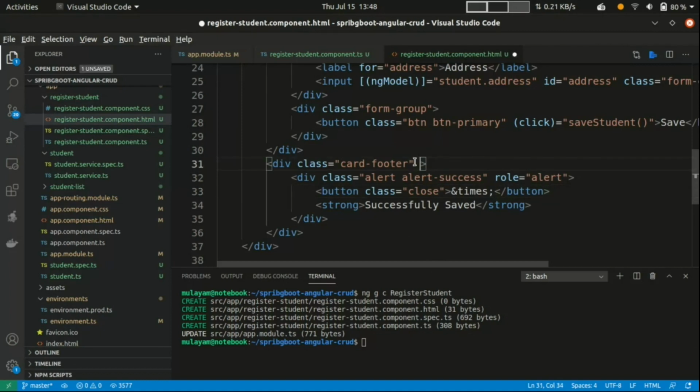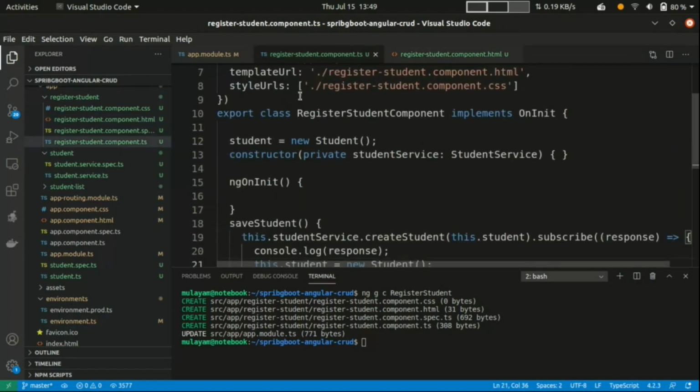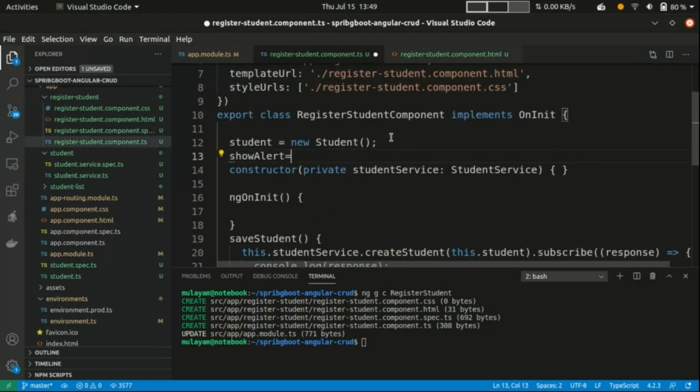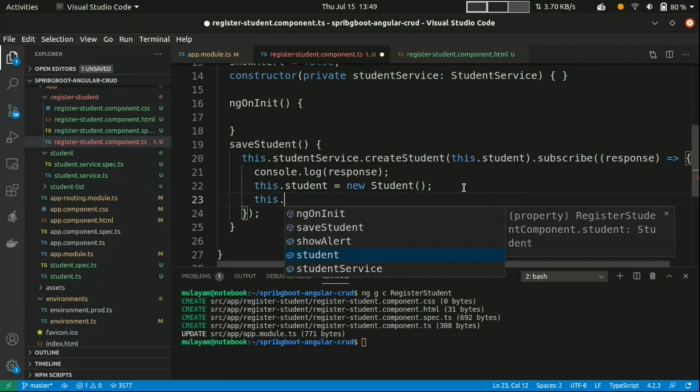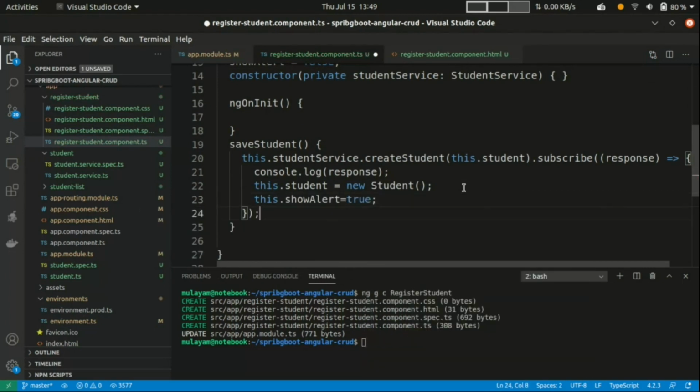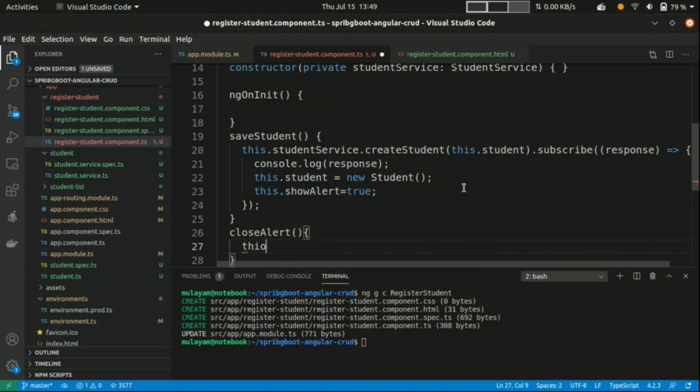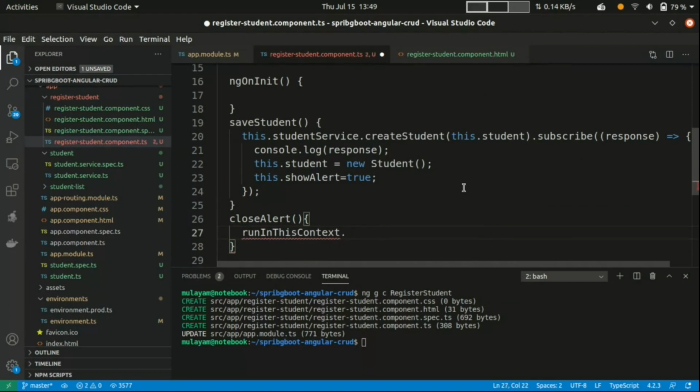Then just add one property here, one if condition, ngIf the value of showAlert is true. If it is true, then that will be added here. So go to this component and take this property, and by default false. When we get the response, which means it is created, showAlert as true, and just write one function closeAlert, and this.showAlert equal to false.